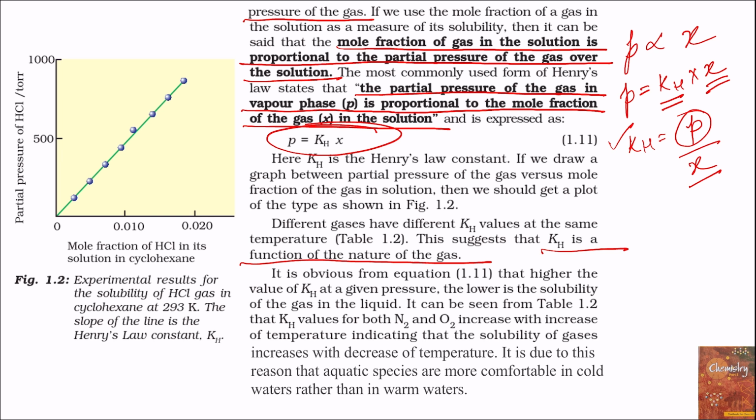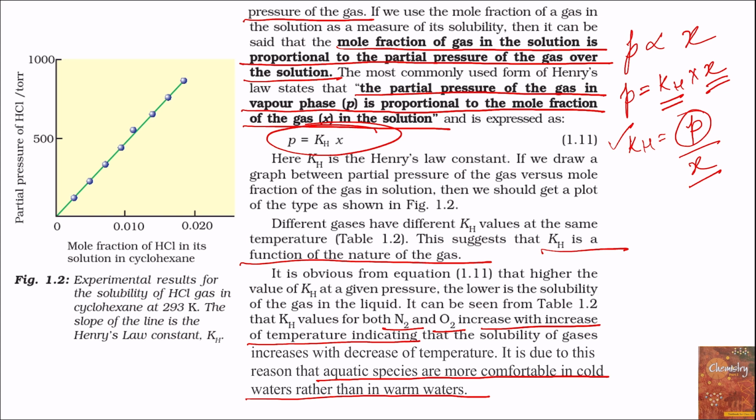Now, value of Kh for nitrogen and oxygen increases with increase of temperature. So with increase in temperature, solubility of nitrogen and oxygen will decrease, and with decrease of temperature, the solubility of nitrogen and oxygen will increase, because when temperature decreases, then in case of nitrogen and oxygen, the value of Kh also decreases. So if there is a question that why the aquatic species are more comfortable in cold waters rather